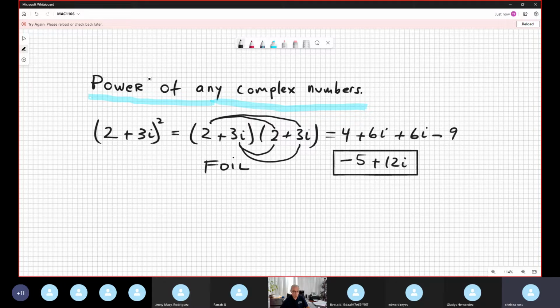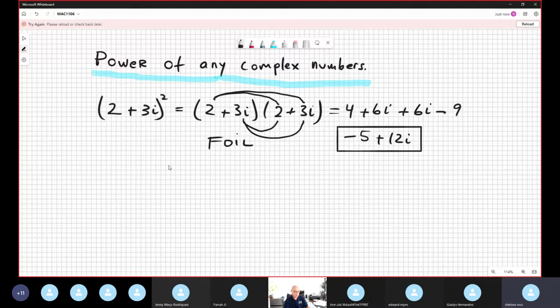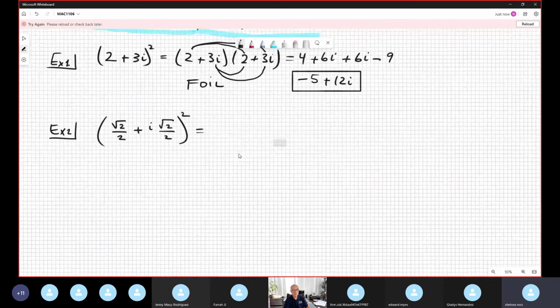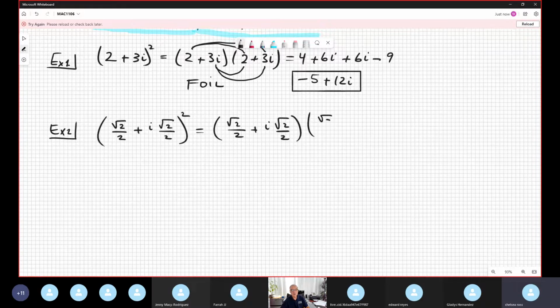Good. One more. You let me know, guys, if I'm doing well or not. I want to put example 2. Example 2 is a little bit weird, because it uses irrational numbers. You may ask, professor, what is the reason for using this weird number? Radical 2 over 2 plus i radical 2 over 2, squared. Wow, weird, huh? But it's the same. It's the same as radical 2 over 2 plus i radical 2 over 2 times radical 2 over 2